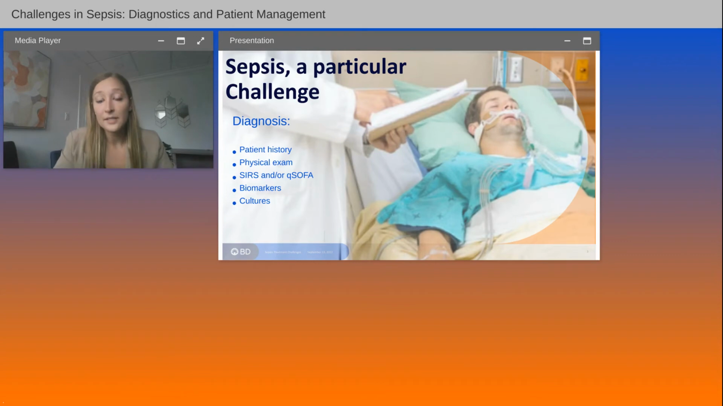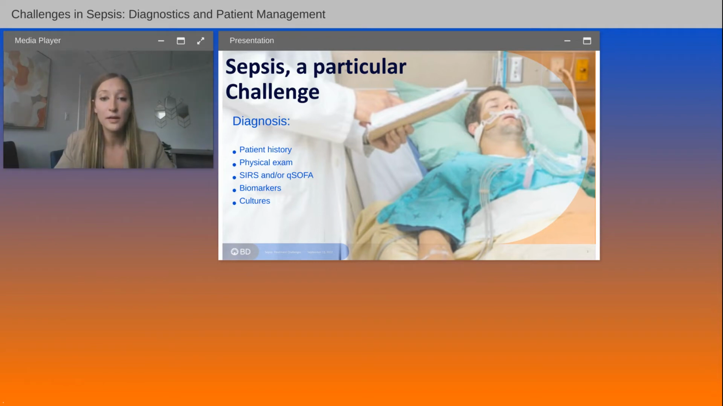So I mentioned sepsis is a particular challenge in terms of its nonspecific presentation. Therefore, clinicians often have to use a multifaceted approach to ensuring their diagnosis of sepsis is correct. That includes looking at the patient's history, doing a thorough physical exam, using some of the tools we have to combine some of the laboratory findings and vitals to see if they're meeting septic criteria. Using biomarkers is